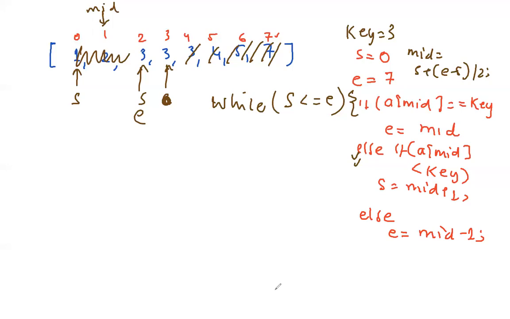This is what I want to explain to you. Since we are going into an infinite loop, we need to break it at a certain point. So instead of going till the last element, I will stop when there is only one element, that is, when S is equal to E. So I will just run a while loop while S is less than E. That's all I do. And then if you look at this,